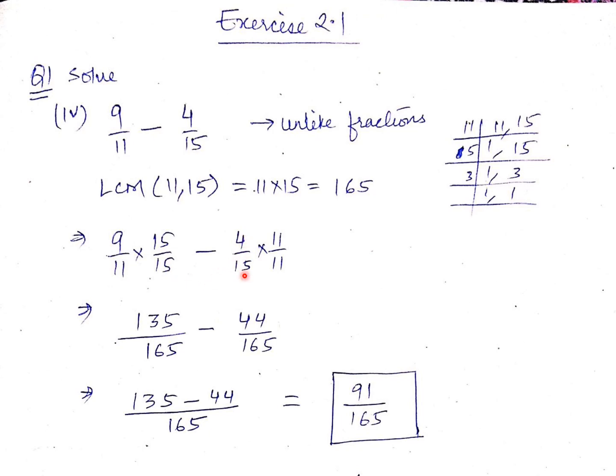Now minus 4 by 15. Here what should we multiply to get 165? Again see this term. We have 15 already. You can see I multiplied 11 here to get 165. So 11 upon 11. Now 9 15s are 135, 11 15s are 165, minus 4 11s are 44, 15 11s are 165. Now as the denominators are same, we can take them as single like this. This is called taking LCM, because we all know the LCM of 165 and 165 is only 165.